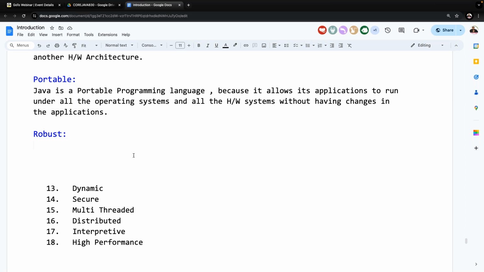Two types of memory management systems: static memory management system and dynamic memory management system. Which one is a better one? Which one is the best one? I'll give clarity. Compilation and execution, two things we have to perform. At compilation time, if the memory allocation is provided, that is static memory allocation. At runtime, if the memory allocation is available, that is dynamic memory allocation.